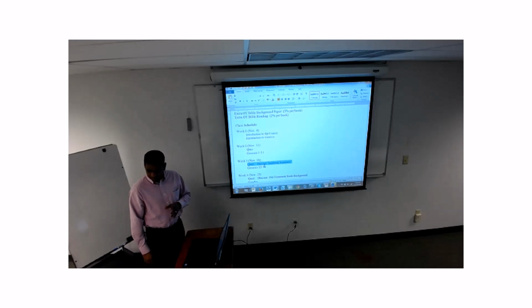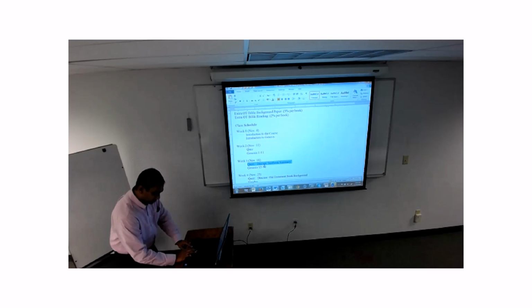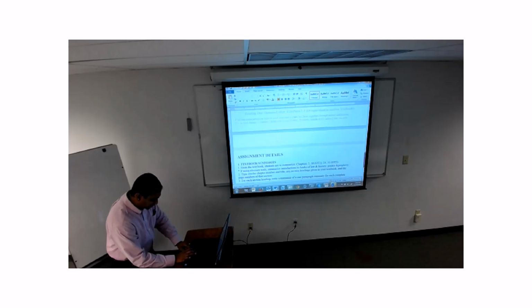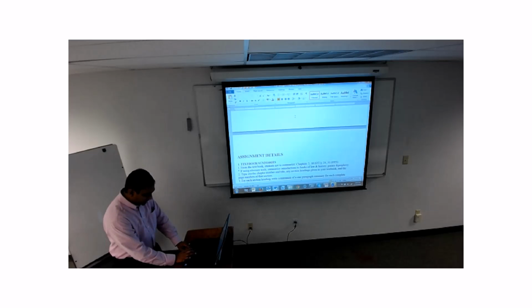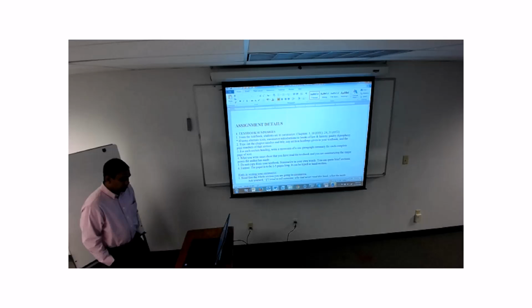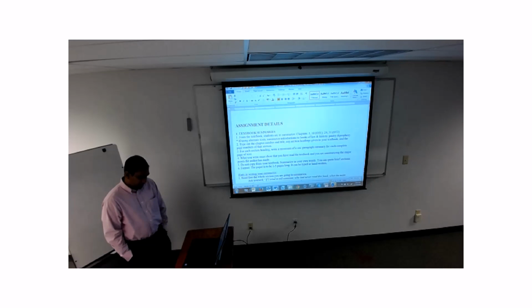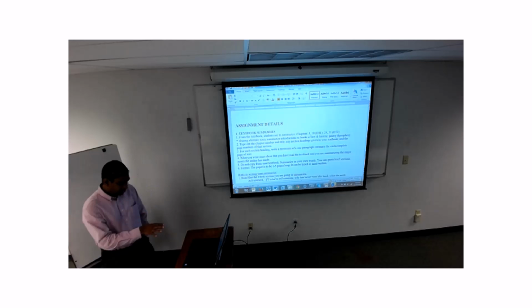I hope all of you have the textbook by now. If you have it, let me go to page number 3. On the top of page 3, you have the details for what the textbook summary should look like. In case you're using Geisler, that's chapter 3 and chapter 10, which are introductions to the books of law and history. If you're using any other book, is anyone here using any other book besides Geisler? Okay, so in that case, those are the 2 chapters that you need to summarize.